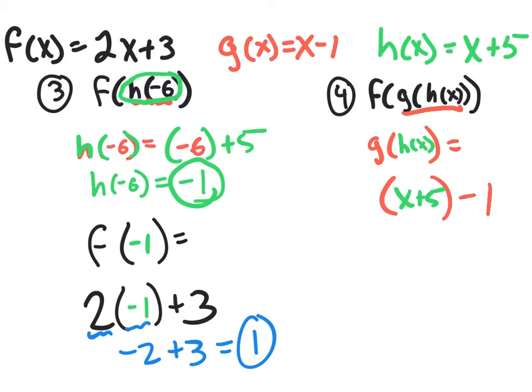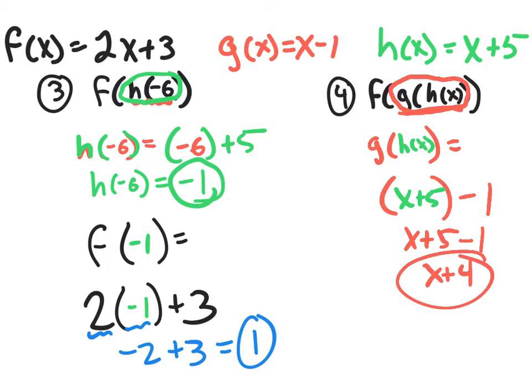There is nothing to distribute, so you don't really need those parentheses. That's kind of like saying x plus 5 minus 1, so that's just x plus 4. So do we agree that this part, g of h of x, is all really x plus 4? I hope so. So now let's put that x plus 4 into f of x,